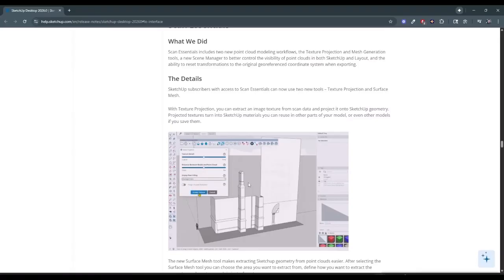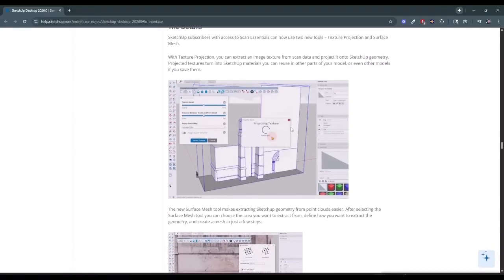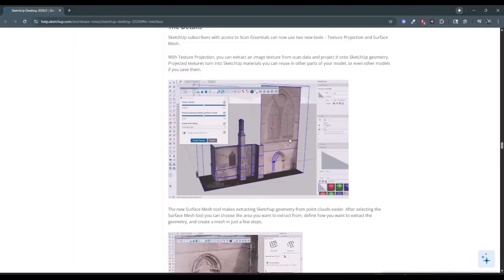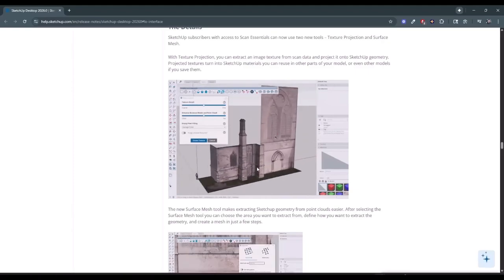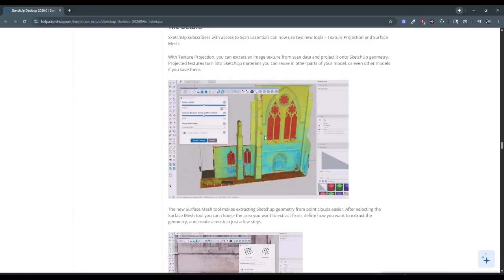So I have not tested this. I don't really have the proper files to test this, but I could see that definitely being interesting, of being able to take that image and just project it onto a surface. I do kind of wonder if there's not something like that that works without using Scan Essentials. Probably not, because you'd need to use the point data in order to figure out where the surfaces go, but